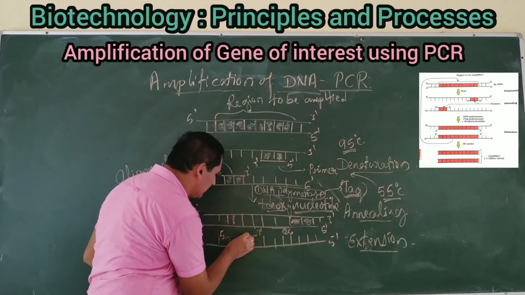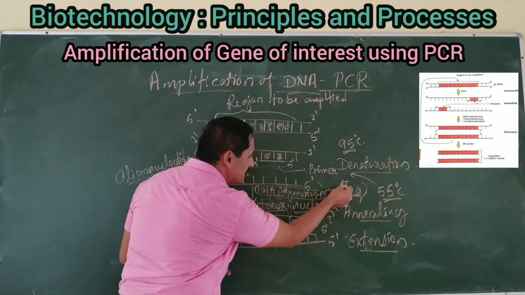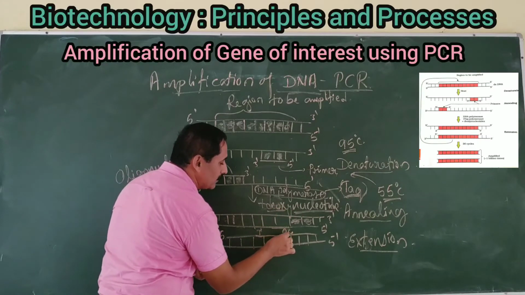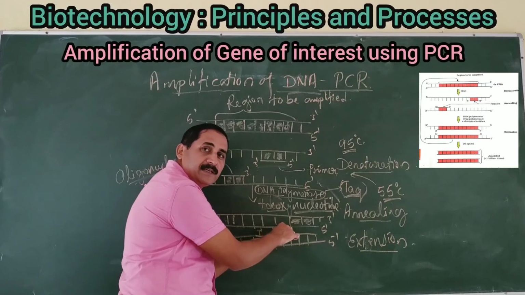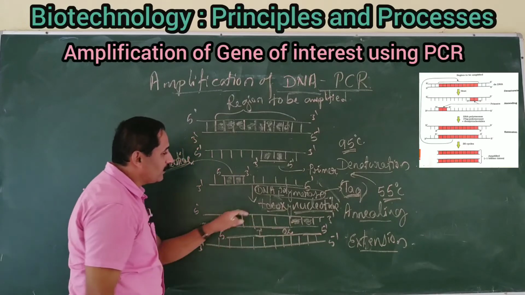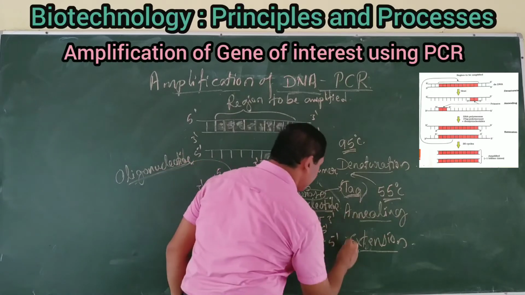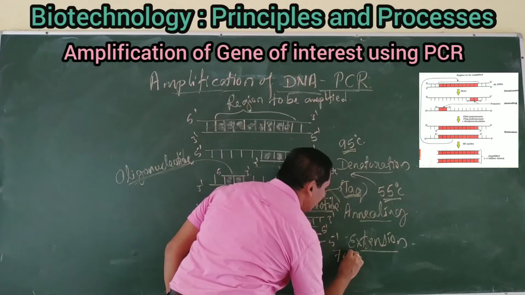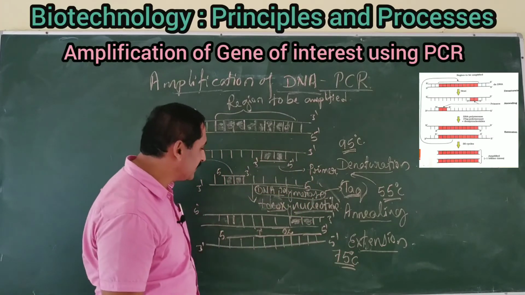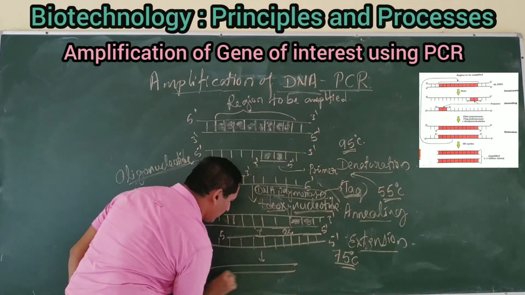And in this, we can also see the formation of a new nucleotide strand by Taq polymerase. It takes new deoxyribonucleotides, the complementary nucleotides join, and the gap is sealed by a phosphodiester bond. Two such new strands are formed. That is the extension process. In this extension process, the temperature should be maintained at 70 to 75 degrees Celsius, which produces the copies of DNA.